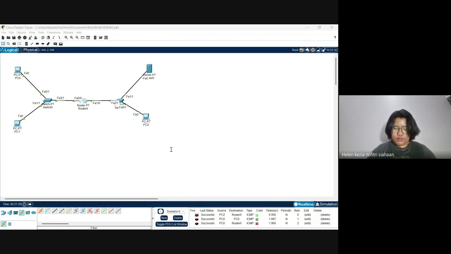And the subnet mask 255.255.255.0. Then you can enter and no shutdown. It was already green at the beginning, but if you want to know, when you don't do no shutdown here, it is red. Then after that, we can exit